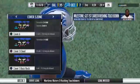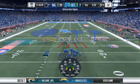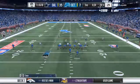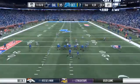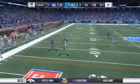So we get a look at the Lions offense as they get ready for their first possession of the second half. They were able to get the stop defensively. Now a chance to turn that into points on the offensive end. Can you imagine what the grease board looks like at the half? Because tell me. That's exactly what they...